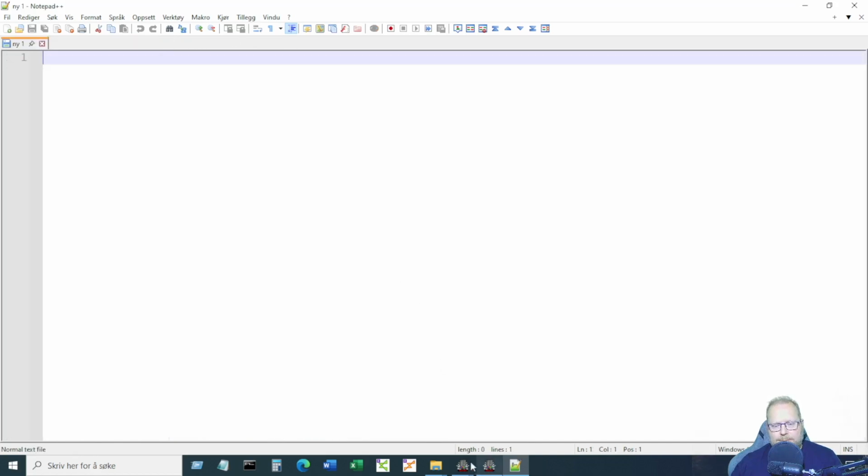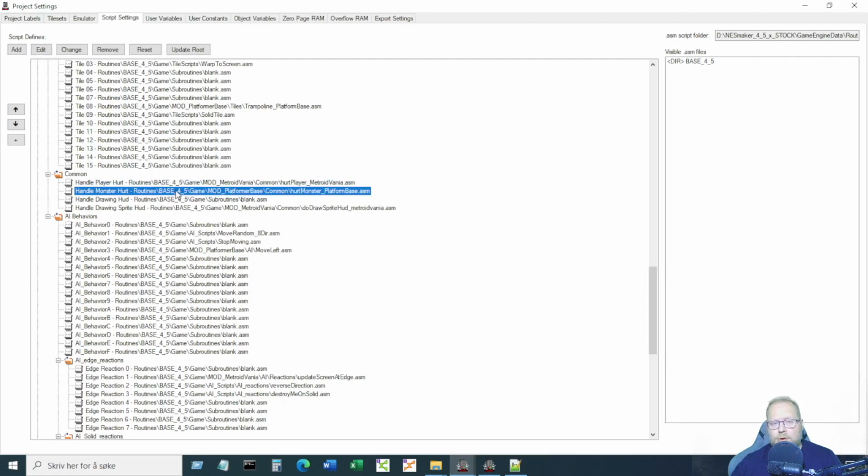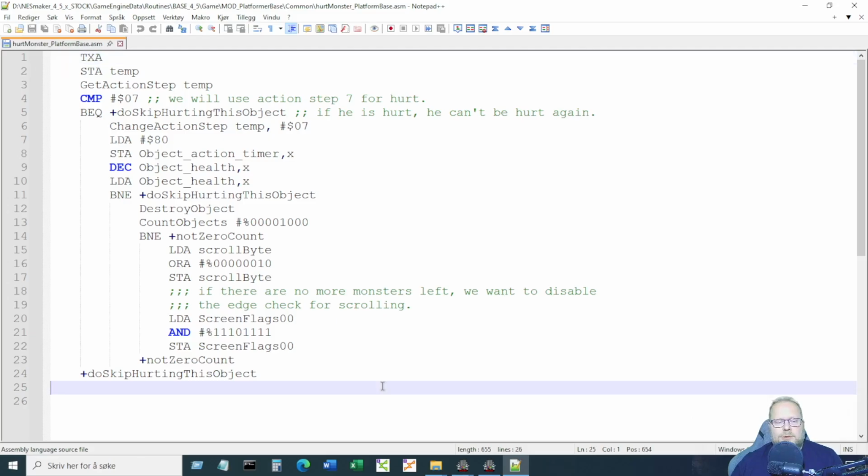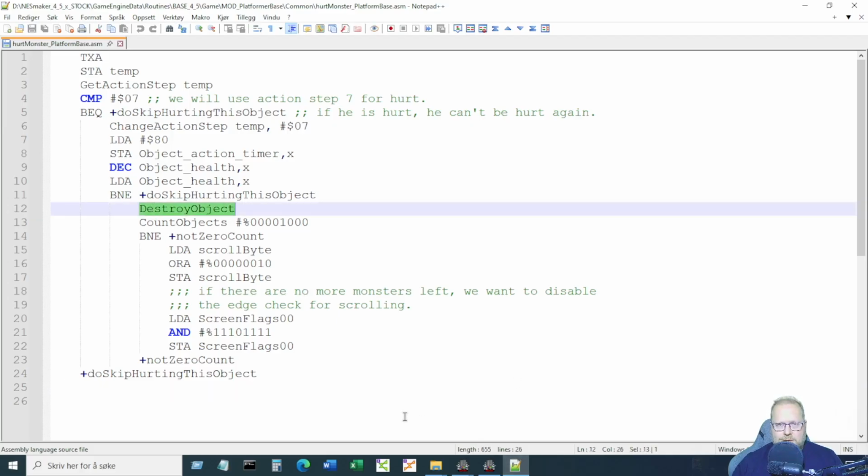But if you look at the monster hurt script here. Now this script is something that you definitely would want to modify, because here we're just destroying the monster when you shoot it. Just goes away like that. Like I said, for me at least personally, I would like some sort of monster death animation. And the way I do that is just by having a monster death object, which just has, let's look at the